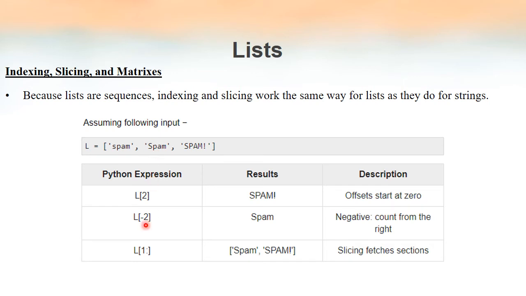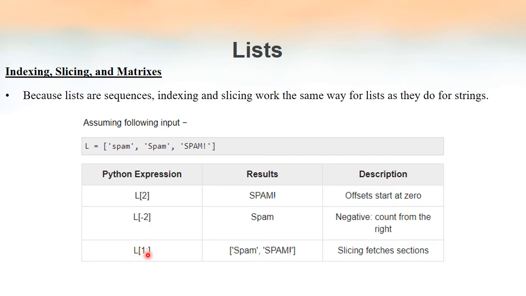So when we use negative integers in the slice operator, it means the position of the element, not the index number, but the element from the end of the list. Minus 2 means the second element from the end of the list. Minus 3 means the third element from the end of the list. So negative numbers are not referring to the index number. That you have to keep in mind.